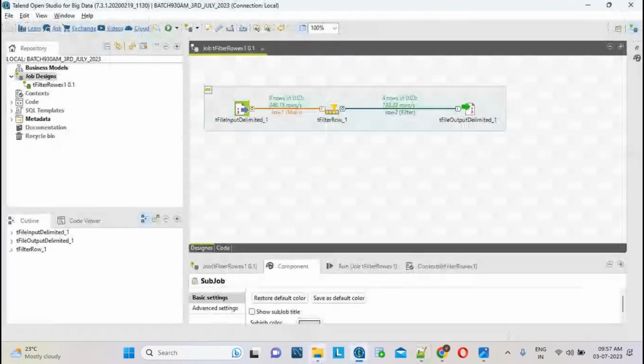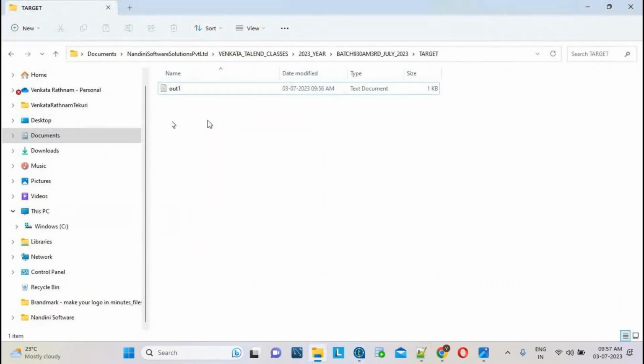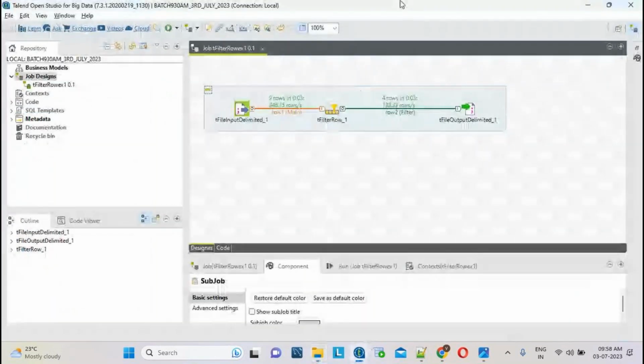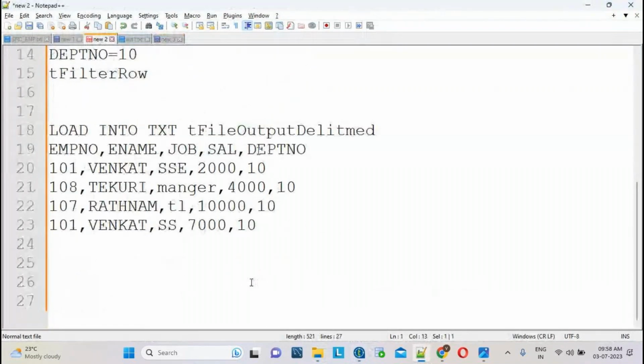I want to create one file here, named rejected data.txt. Here I want to generate one more file, rejected data DEPT number 10.txt. So I want to generate the text file. What component do we have to use? As we discussed earlier, to generate the text file, what is the component we have to use?